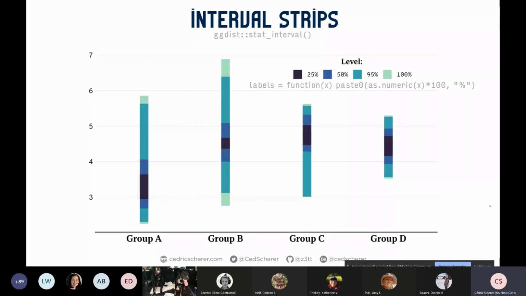Okay, and here you need, this might be another trick. So you can overwrite the labels not only with a vector, but you can also use a function. So you write a quick function within the scale call where you say like, okay, paste together the x as numeric times 100. So this is because the ggdist stat interval returns a character. So we need to turn it into numeric, and then I can calculate the percentages out of it and add the percentage label.